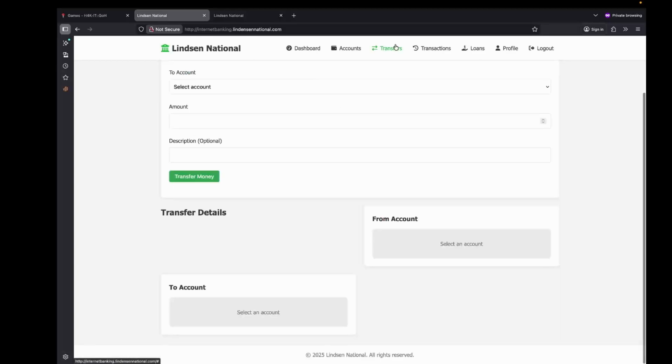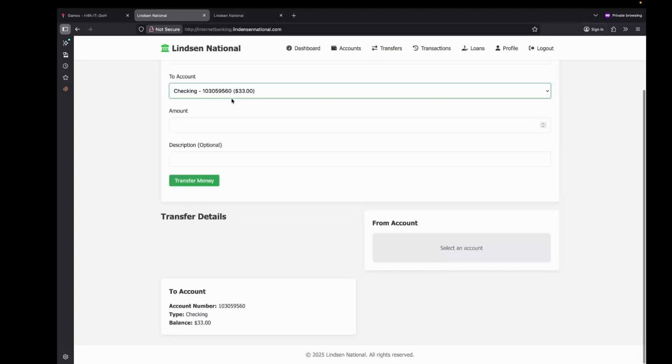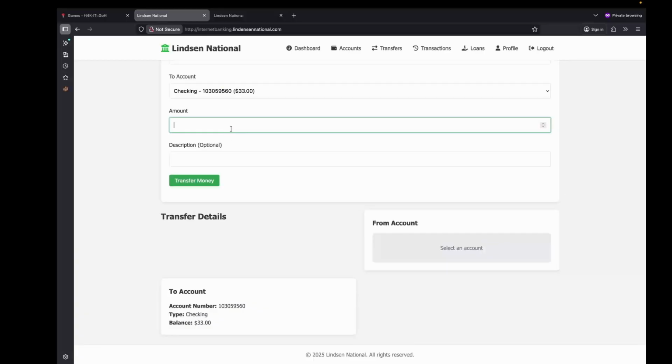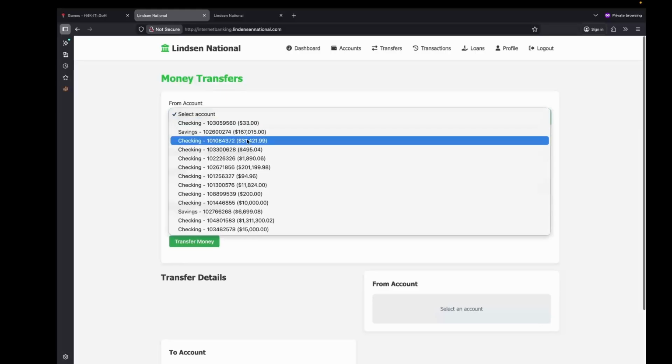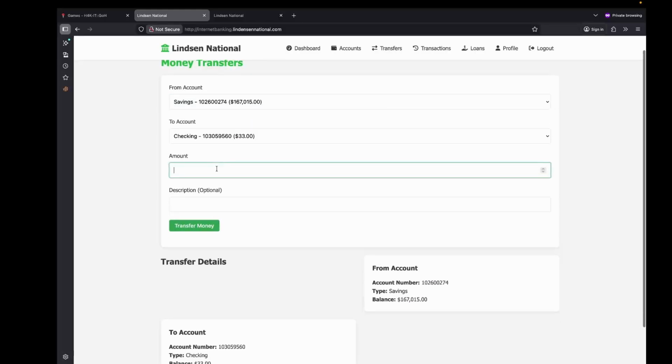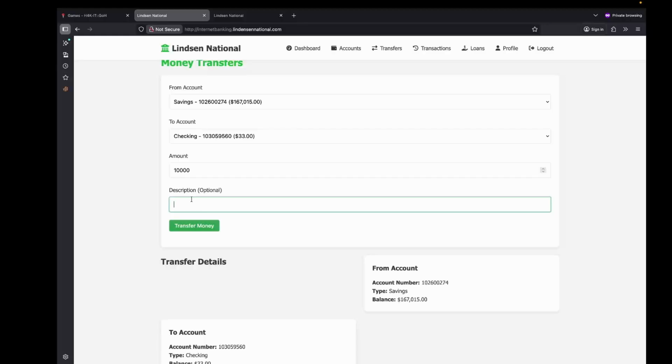All right, so let's transfer, and we're just going to check from there. Select the from account, then we're just going to take $1,000 or 10,000, and then this is trial. Where is the flag?